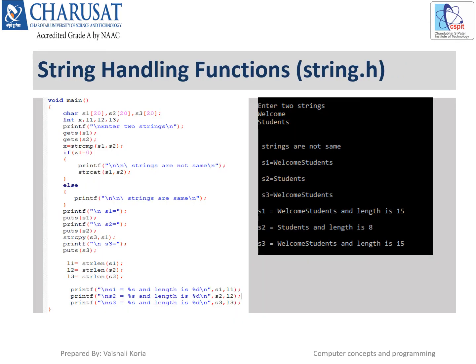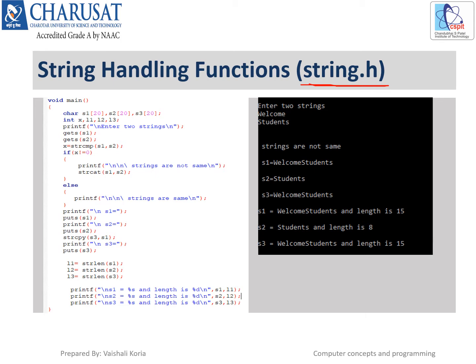Now we had seen the different programs for copying one string into another string, then comparing whether two strings are same or not, right? So for all this functionality, there are certain inbuilt functions in C language. Those functions can be used by including the string.h header file. Okay, so we'll see the demo of those functions: what is the name of the function, what can be the arguments, what is the return type, what it will actually return after executing its functionality.